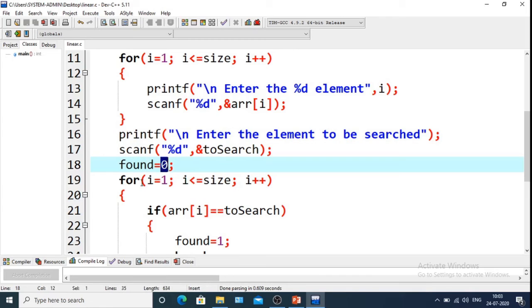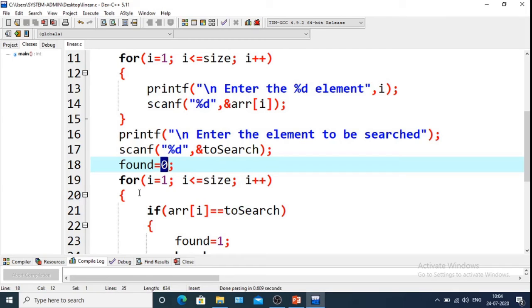The logic is that if the element is not found, the value of found will be 0, and if we find the searching element, then the value of found will be changed to 1. So initially we did not find it, so the value of found is 0.